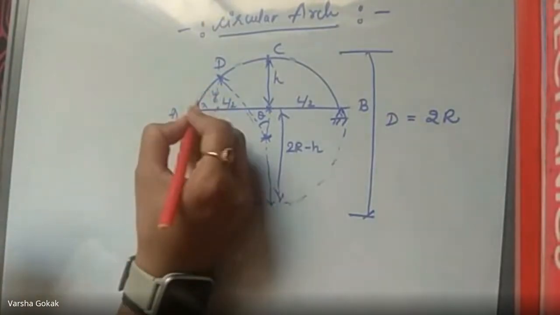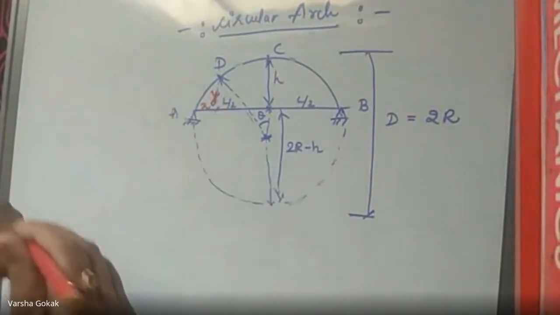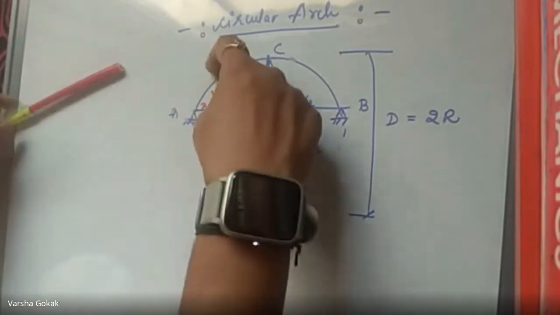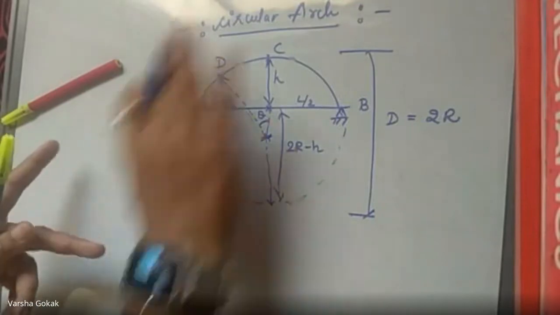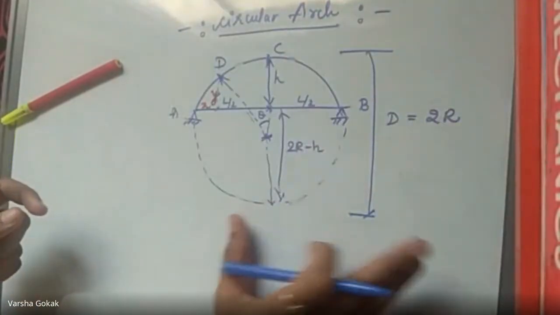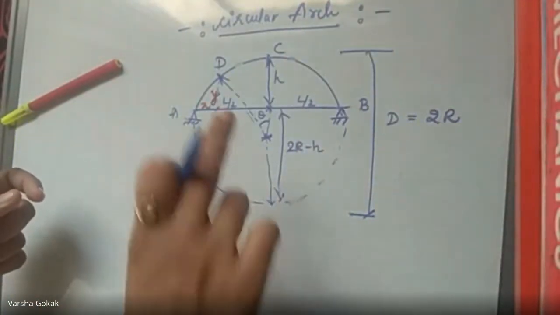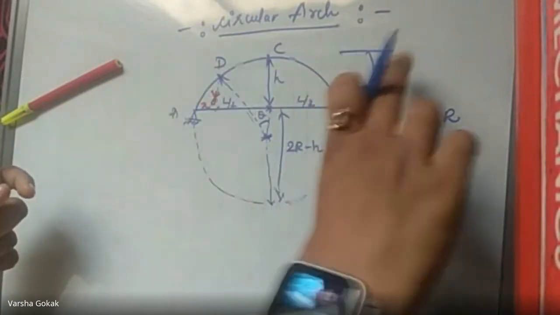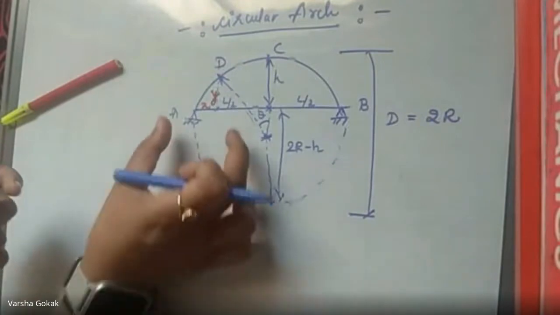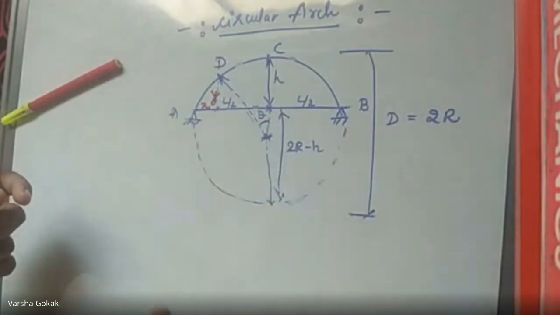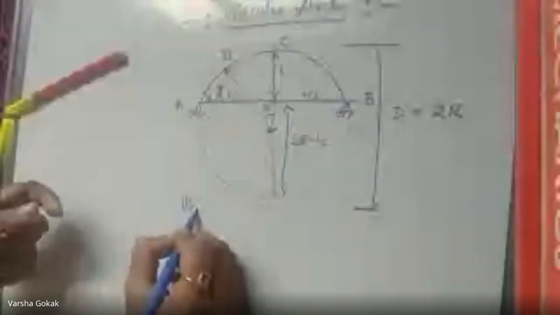Finding y when x is given, we used to do in parabolic arches by finding the distance y. Y at D is called yd. So this is the same parameters or same concept, only in terms of circles. So I will write this as 2r minus h, and this is r, the total radius, this is L by 2, this is L by 2. So from properties of a circle,